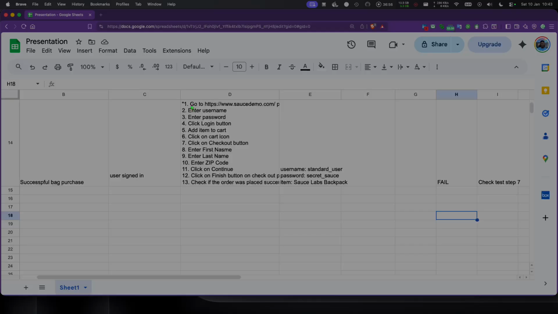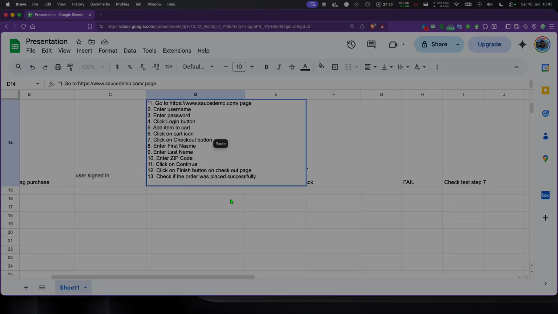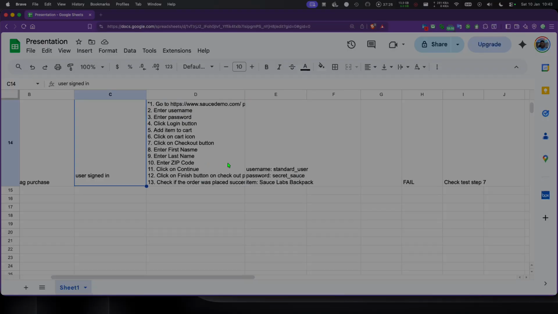If a person goes through this same scenario, or is trying to reproduce this test case, and follows it step by step, the person should be able to reproduce the failure that you are actually having. That's why it's always important to write your test cases in detail, because if you don't, there's no way you are going to test the application very well,